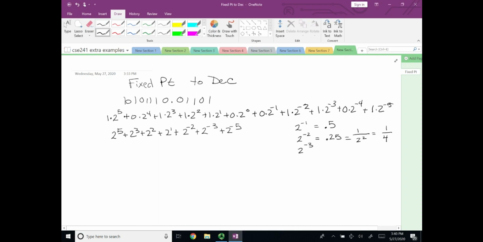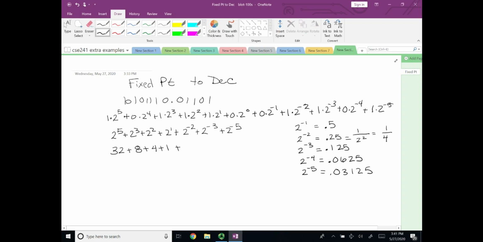So 2 to the minus 3 is 0.125. 2 to the minus 4 is equal to 0.0625. And 2 to the minus 5 is equal to 0.03125. So then we can add this all up. So we've got 32 plus 8 plus 4 plus 1